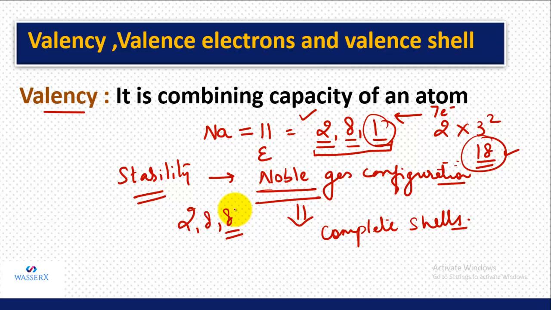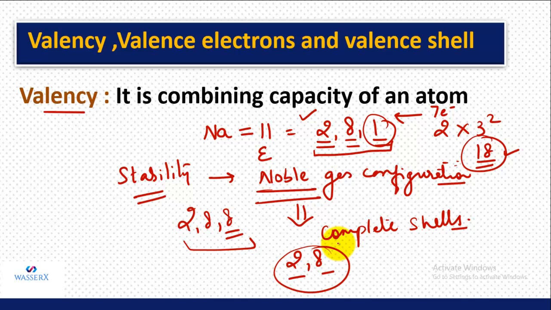So for the moment, you need to know that if the third shell is possessing 8 electrons, it becomes stable. It acquires a noble gas configuration. So by accepting 7, it becomes 8. That means it acquired noble gas configuration. Or the other way out can be that it can lose its 1 electron, and after losing it will form 2, 8, and again these 2 shells will be stable.